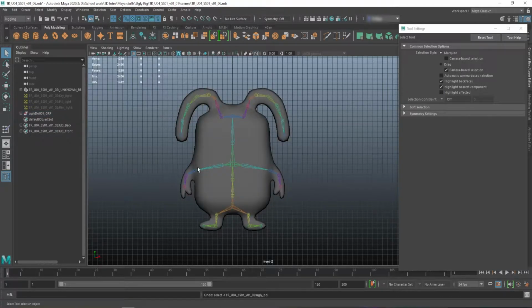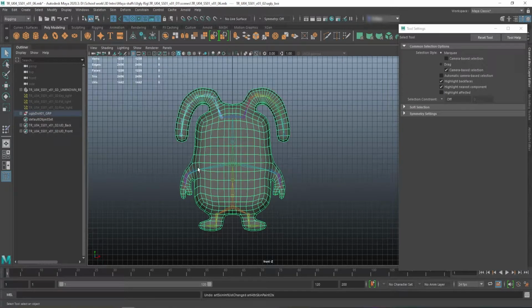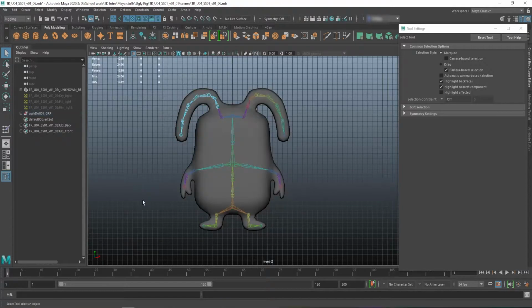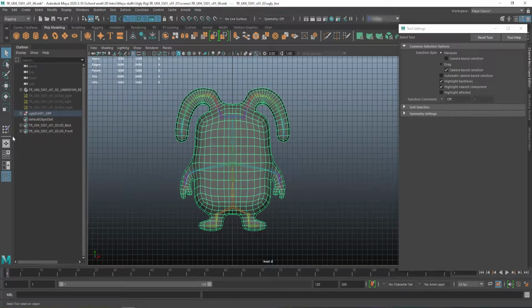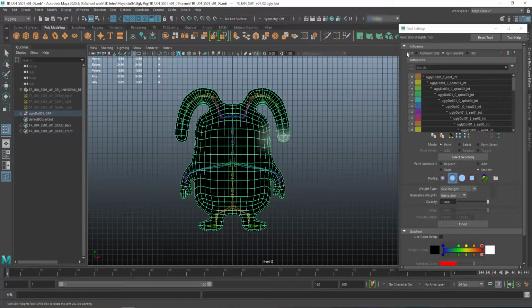Let's just undo, just in case. Okay, that's far enough. So select this, go to the paint tool, and now, so I was watching